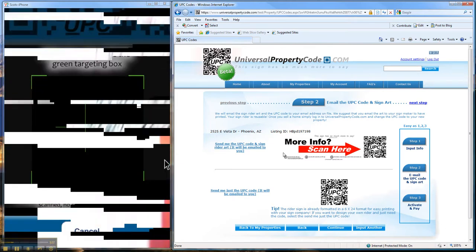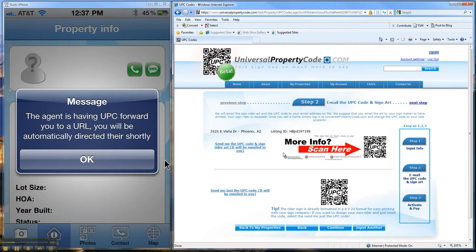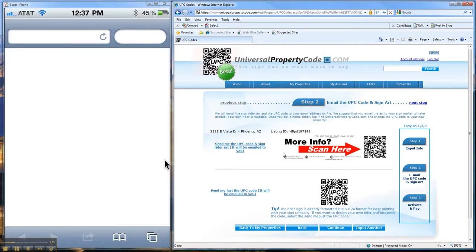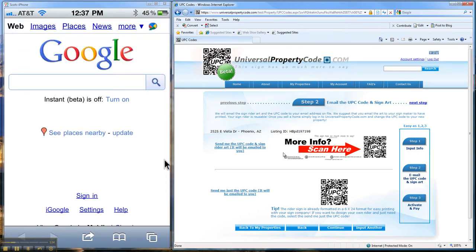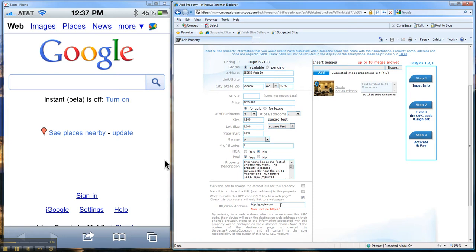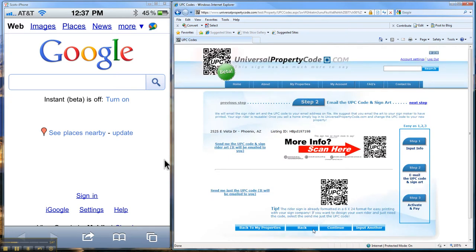So I'm going to scan that same QR code here, and it comes up with the message, you are being forwarded to Google, or a URL, and it pops up with Google. So if you want to ever change that URL link, you just go back in, and I'll change it to Yahoo for this example, so you can see how you can make any QR code reusable, and it'll go to whatever URL you want it to. You never have to throw that